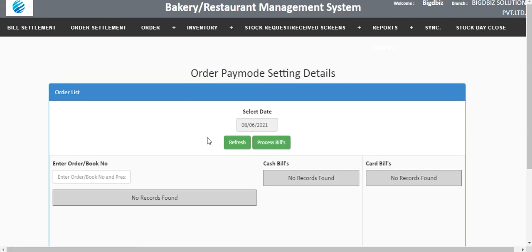So once the order has been placed, for example, if it is a restaurant, you can take party orders. If it is a bakery, you can take cake orders. So such kind of orders can be done, and the payment mode can be modified in case they are paying advances or they are making settlements. That payment mode can be changed. So I will show you the order first. You have an option here, take the order details.